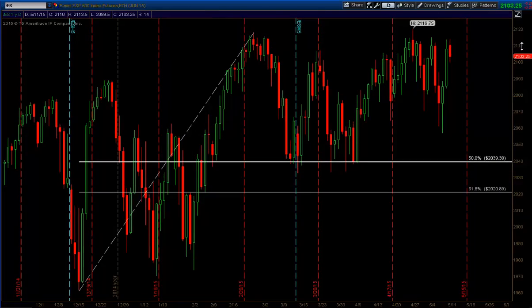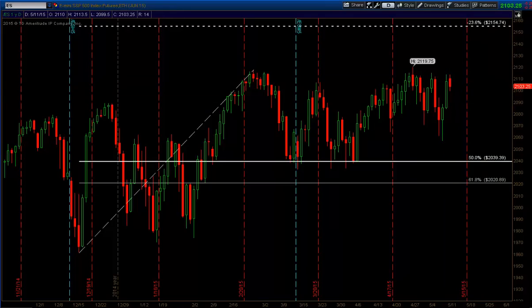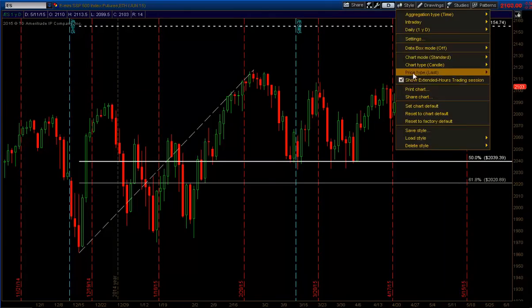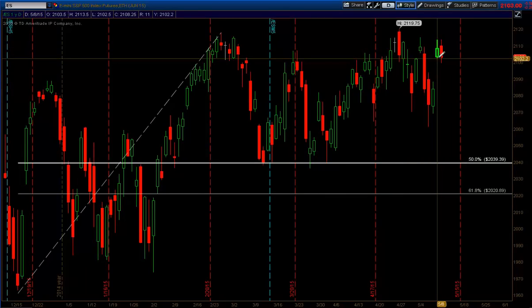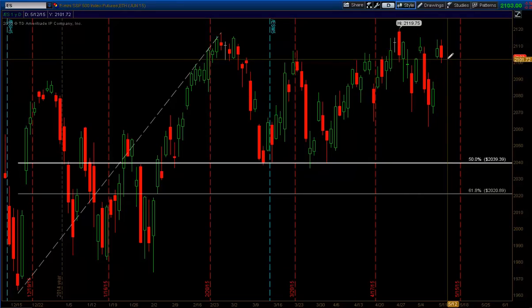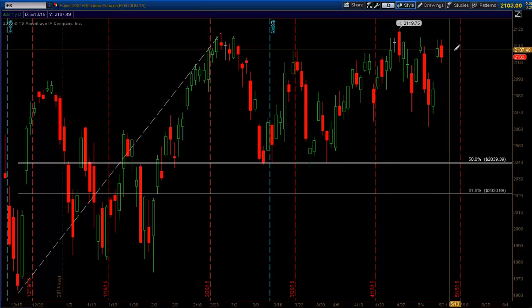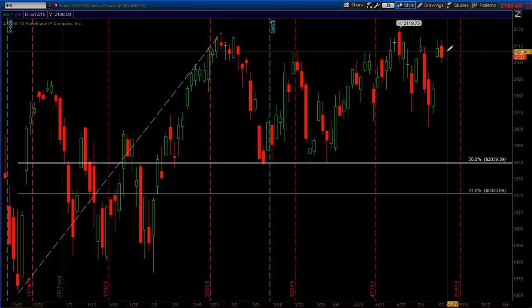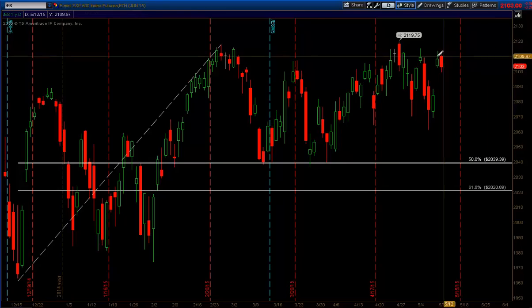Because at this point, think about it. There's a lot of people who are skeptical of this move. There's a lot of bears that are now saying, all right, we have broken the prior day's low here, so we're expecting a gap fill. Well, if all these people are short and we can hold in the overnight session and open up tomorrow and move higher, all those shorts would then most likely have to cover, especially as we start breaking highs, which would then push the market higher,